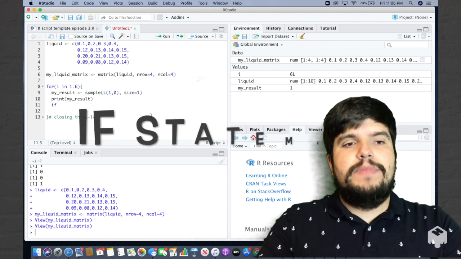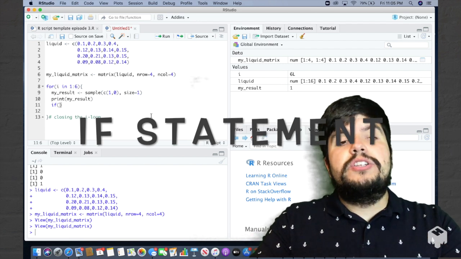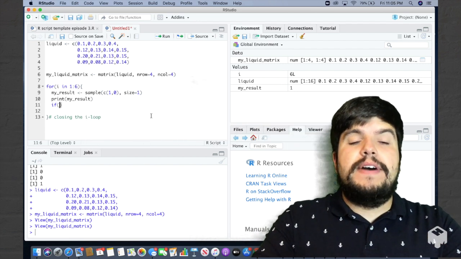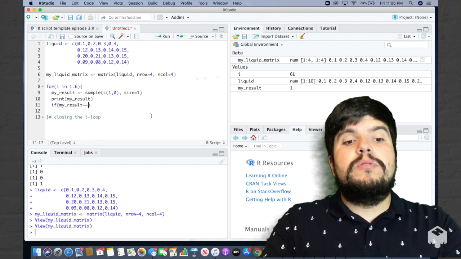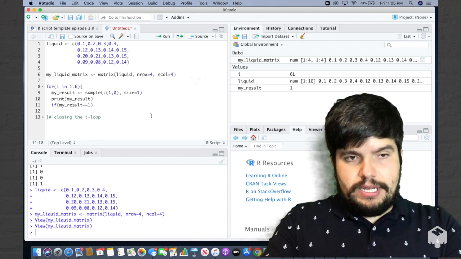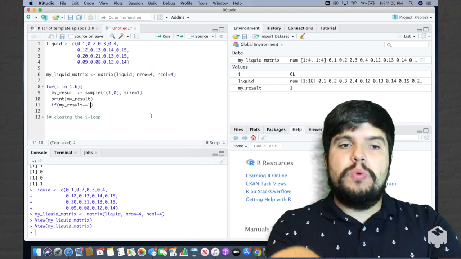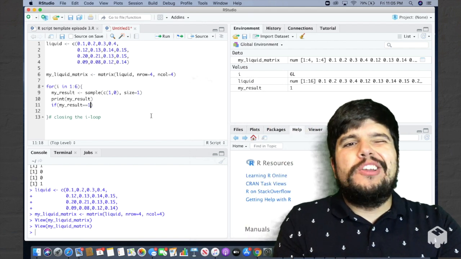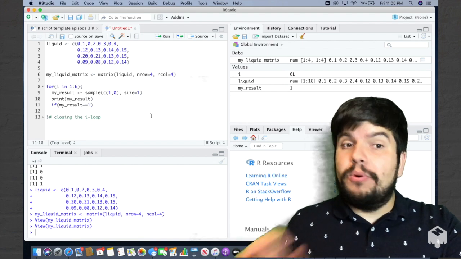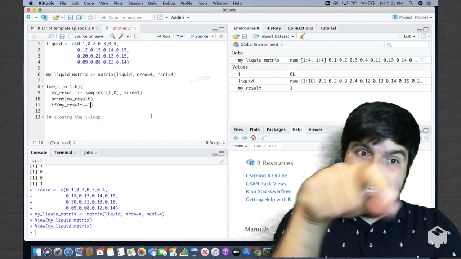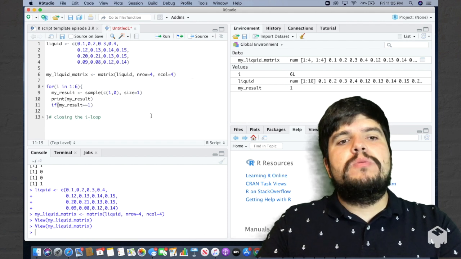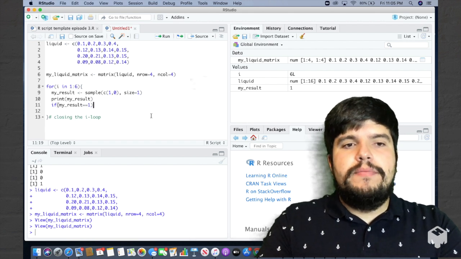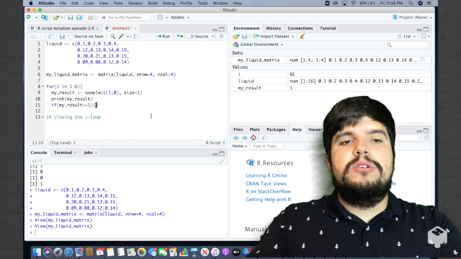an if statement. The condition for this if statement is the following. If my_result equals 1. So the condition here is that the ball went into a cup. I don't want to know what happened if the ball did not go into a cup. I want to know what the liquid was if the ball went into a cup. Makes sense, right? Okay. So if my result equals 1, then, curly braces, what I want to do is I